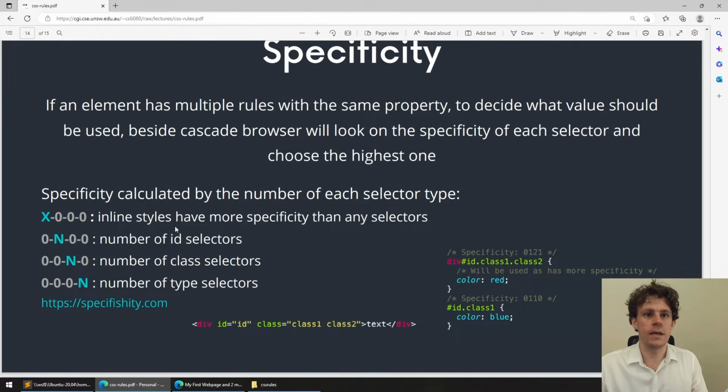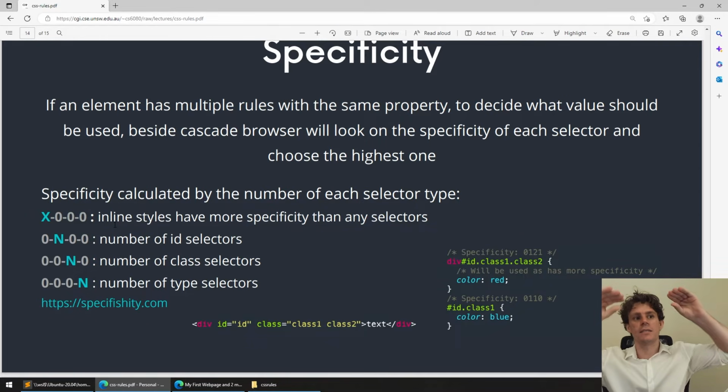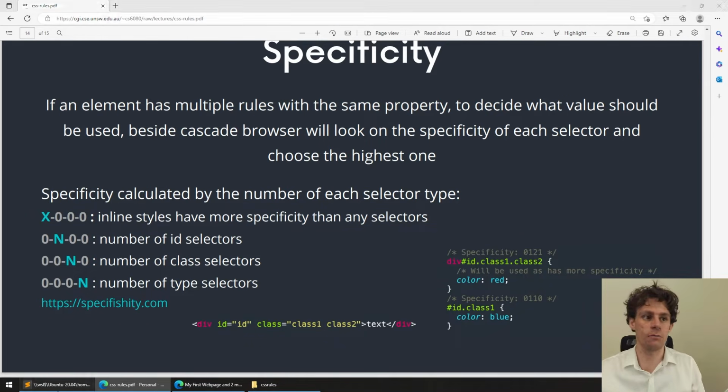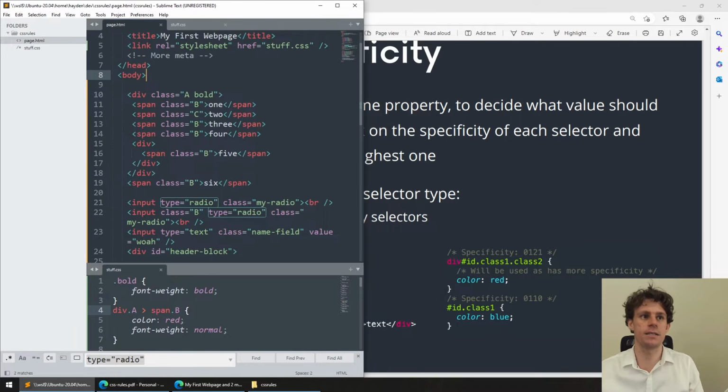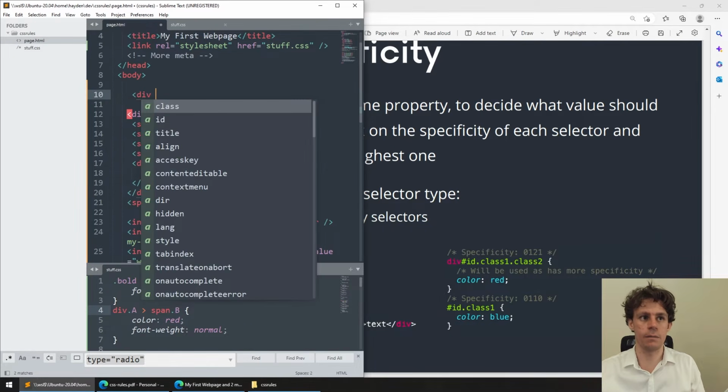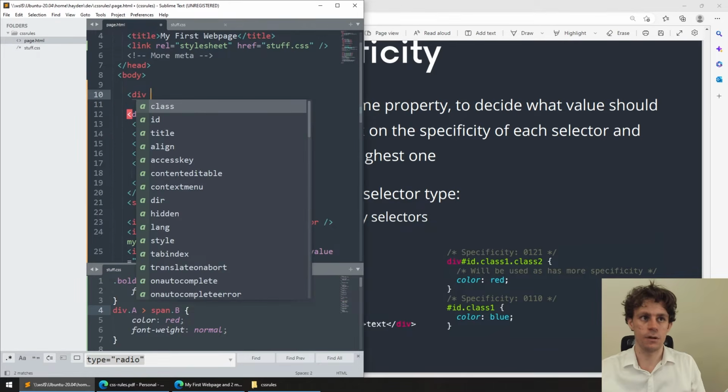But there's a little formula-esque thing you can see here, which is that, firstly, there's a general hierarchy, which is very straightforward. Tags have the lowest power, then classes, then IDs, then inline styles. And a really simple example of that is if I come here and make another div,